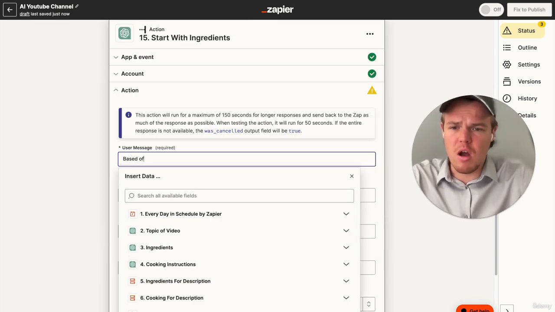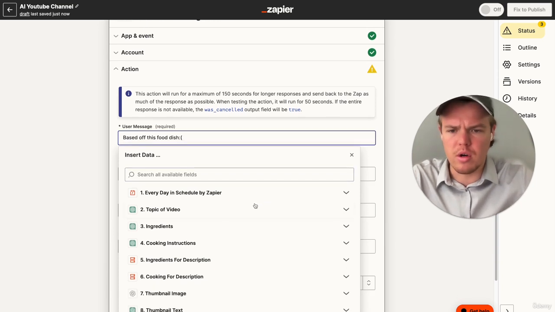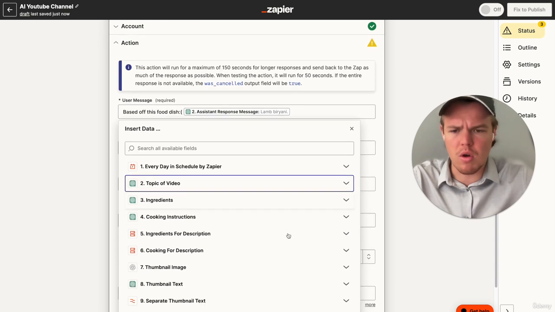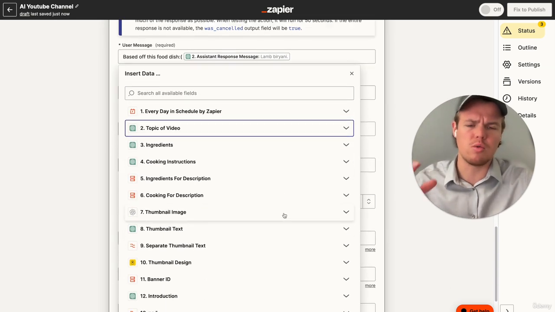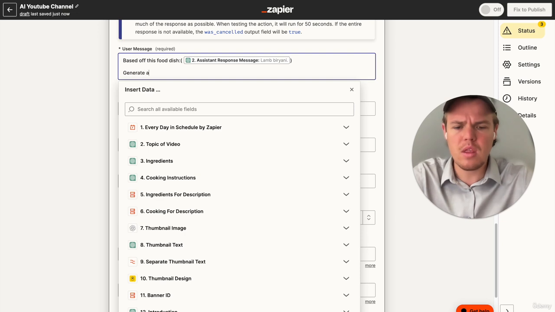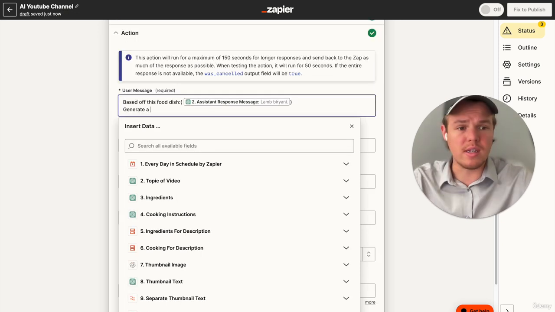We're going to say based off this food dish. As always, we reference the initial topic generator here, and we're going to go topic of video, lamb. And I went ahead and renamed all these blocks so it's easier for you to digest when you add it to your own project. We're going to say generate a response saying how you will need ingredients